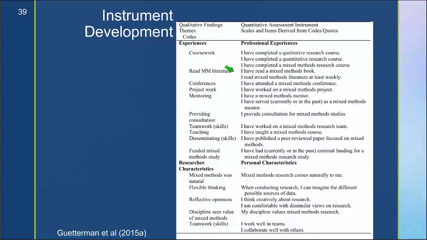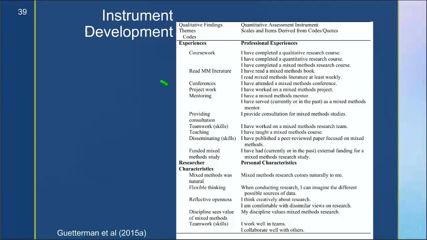Reading mixed methods literature was a code, and that became two items: I've read a mixed methods book, and I read mixed methods literature at least weekly. But the idea is to be systematic. And keep in mind, you don't have to have an item for every single code. If it's not relevant to what you're trying to do, then you can leave it off, and that's completely okay